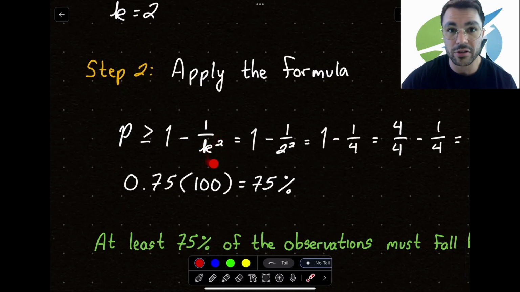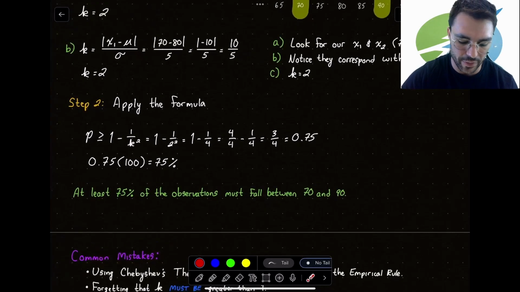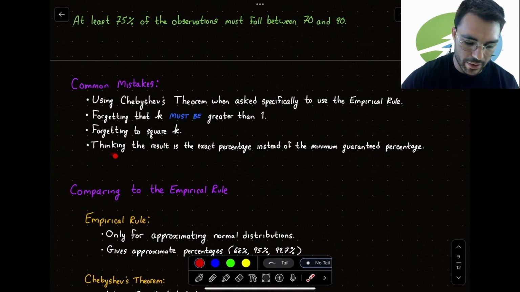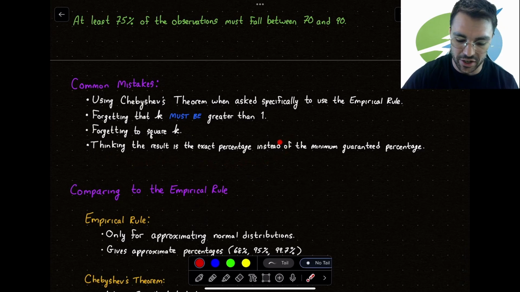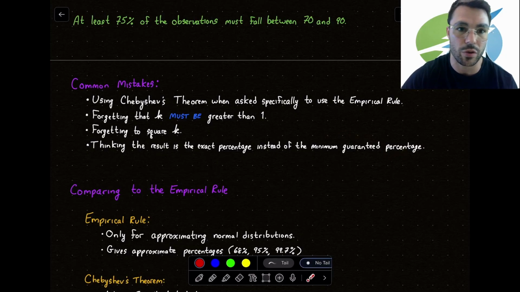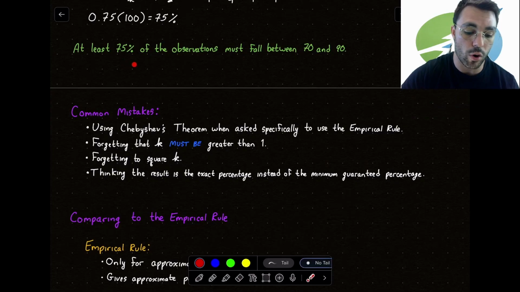Don't do it. Another common mistake, forgetting to square k in our steps here. Right here in our denominator, k is always squared. Cannot forget that. And thinking the result is an exact percentage instead of a minimum guaranteed percentage. Again, Chebyshev's theorem tells us the minimum percentage within k deviations. Okay, so for k equals 2 at 75%, it means that 75% or more of observations fall between that. That's what at least means. Okay, the least it could be is